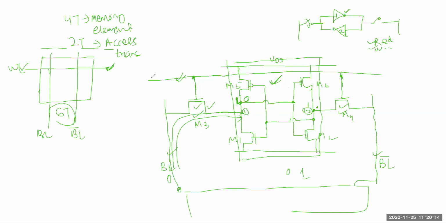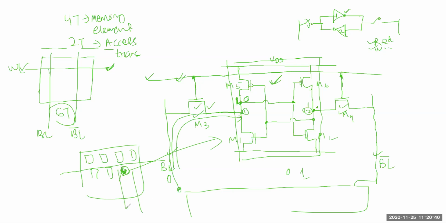This word line is nothing but we are sending the address for a particular location. This is 1 bit, and it has a particular location inside a memory. Suppose all of these are 1 bit, and we want to read or write this one. For that we have to give a word line and select this. Similarly, through the column decoder, we also have to activate these two. Finally, we will get the read value here, or we will write through this. These are the basic things. Clear or not?